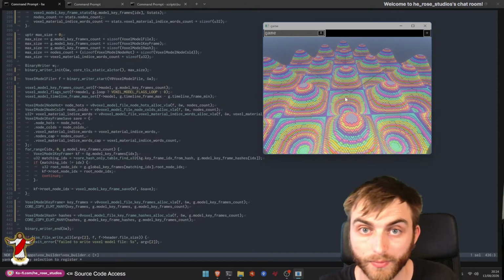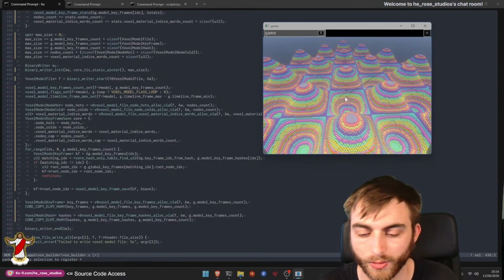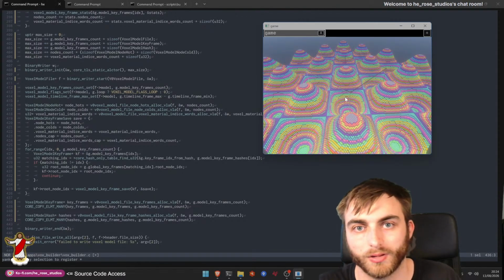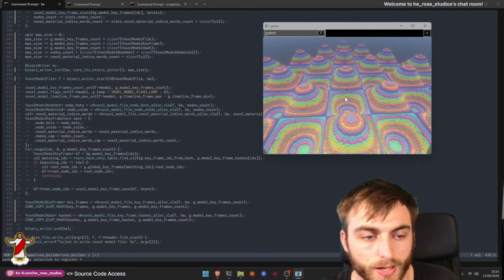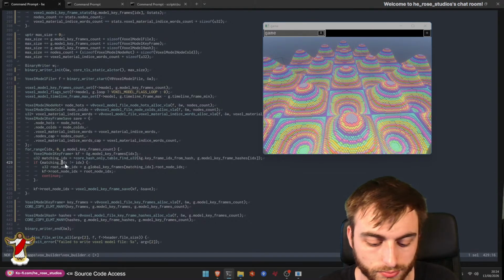It's going to conserve memory because it's going out to disk, and it's going to bump allocate it all sequentially. So we go over all the keyframes, and if this is a duplicate keyframe,